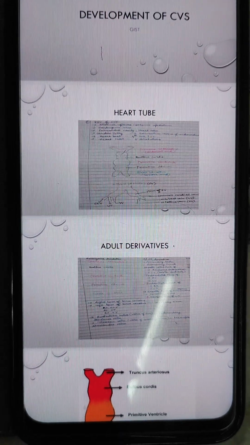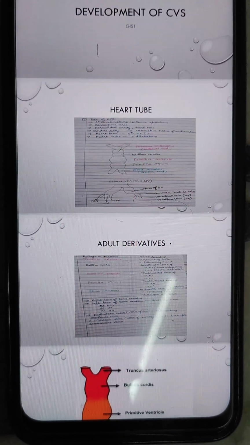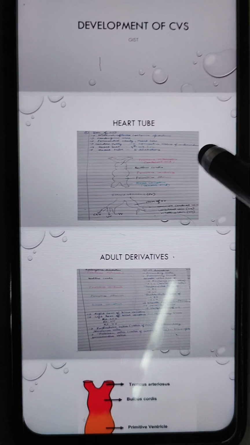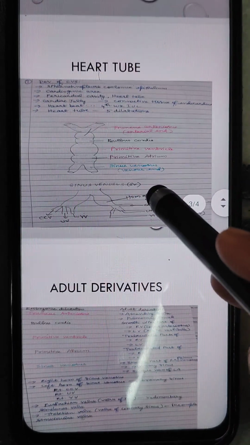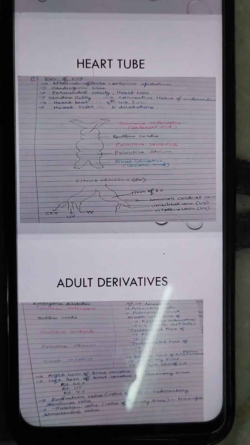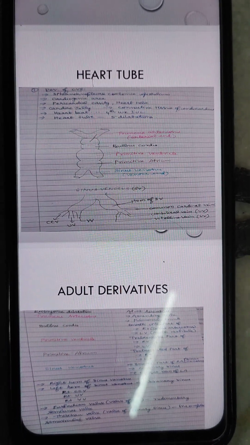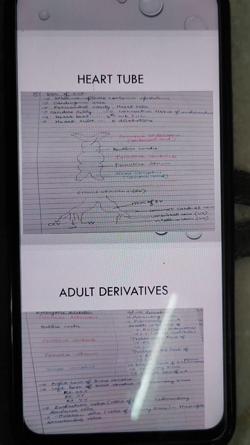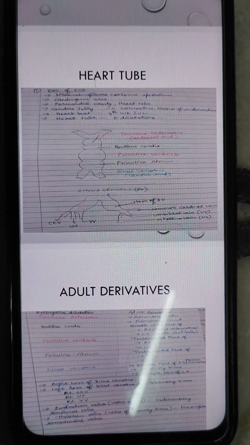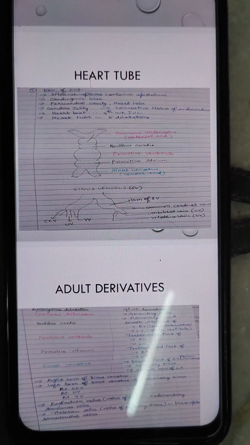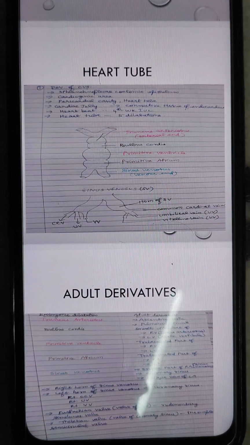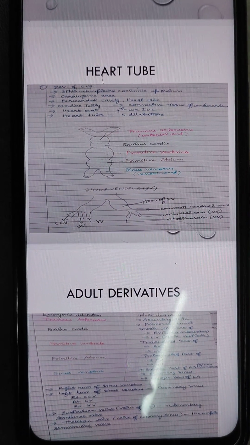Hi guys, so today we are going to see a gist of development of the cardiovascular system. Usually the heart develops from a splanchnopleuric coelomic epithelium. This gives rise to your myocardium, including the conductive system of the heart. Now coming on to your intrauterine life, on day 16 of the intrauterine life, what happens is that the progenitor